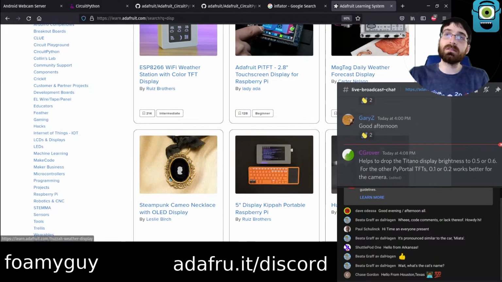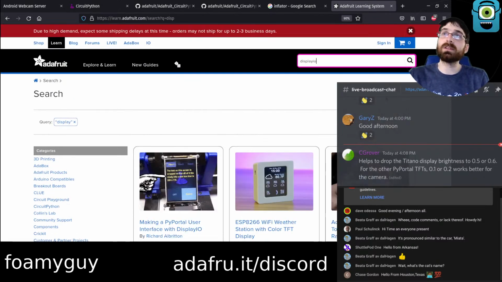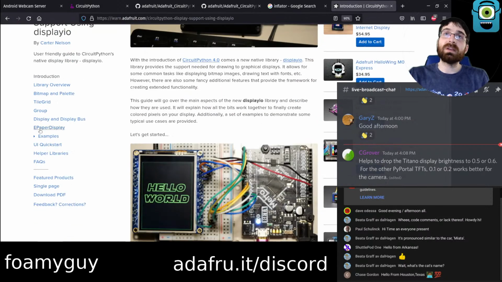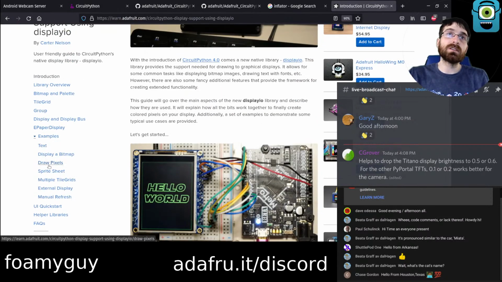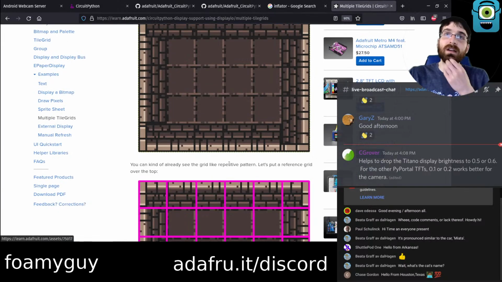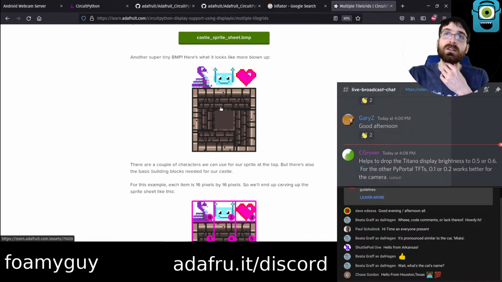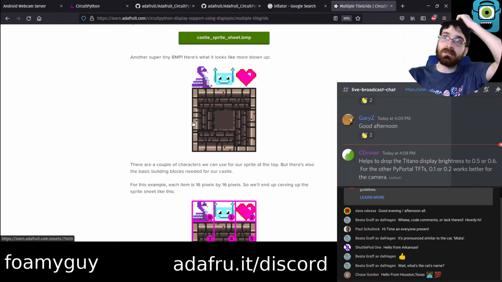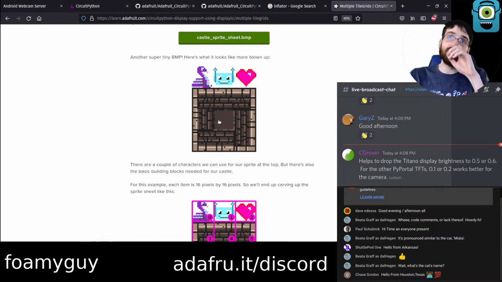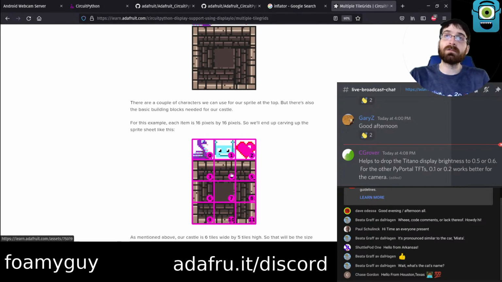It's basically a helper library, display IO, that does the stuff that is talked about on this page. So we're starting with a sprite sheet that is basically 3x3, like this one here. This one, we're kind of ignoring the characters in the top row. We're just looking at these walls here. This represents a 3x3 sprite sheet. So there's 3 tiles wide, 3 tiles down, 3x3, like tic-tac-toe or whatever. You see, these are how it's broken out.